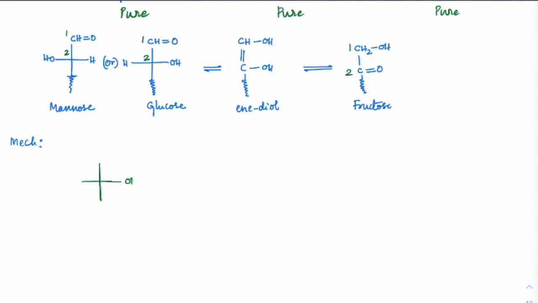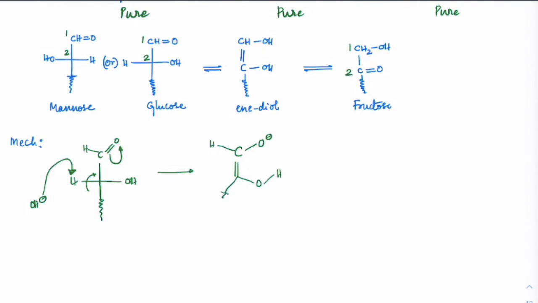Let's say I have OH here, H here, and this thing is completely a tail here, and we have C double bond O and H. When we take OH minus in basic medium, OH minus will extract this proton, and this bond will shift here, and this would go here. So what do we get? We will get this as O minus H with double bond OH, write this as OH and the tail following here. This is what is going to happen.